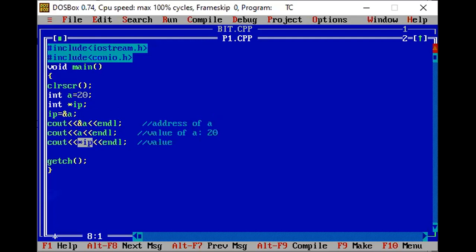If it is pointing to the address of the a variable, then with the dereference operator, I can access the value of that location where the pointer is pointing. That means I can access the value of a here, then the value of star ip will be 20 also.